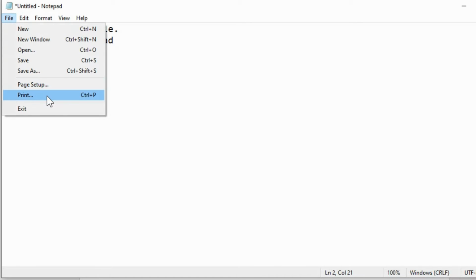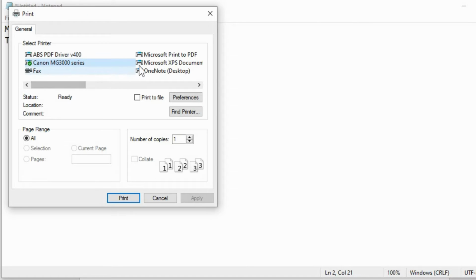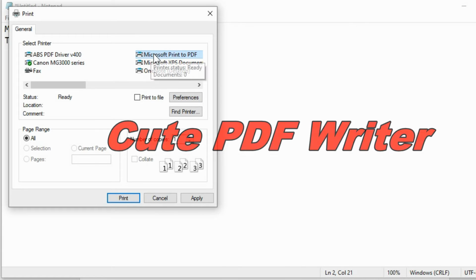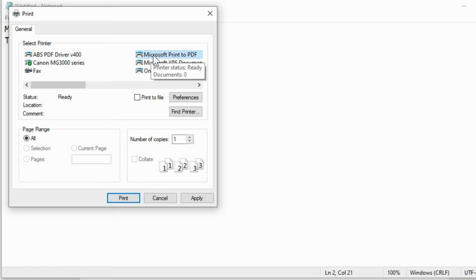You would go to File and Print, and that may be confusing to you because you don't want to print, you want to create a PDF. But trust me on this, go to Print, and you should be able to see a printer in your list of printers called the Microsoft Print PDF. This has been included in Windows for a while now, and previously, if it wasn't already installed, you could use another printer called Qt PDF Writer. So you can easily download that for free and install Qt PDF Writer, and then you would just print to the printer labeled as Qt PDF Writer.